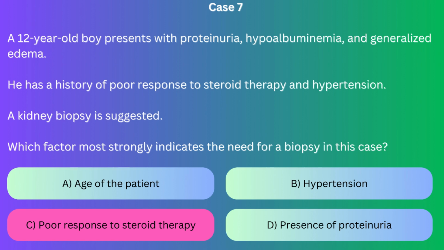Also, hypertension, choice C, suggests a more complicated nephrotic syndrome, but in itself isn't the primary indication for biopsy unless accompanied by other factors like steroid resistance. The presence of proteinuria, choice D, is typical for nephrotic syndrome, and while important for diagnosis, it is not a direct indication for biopsy unless other